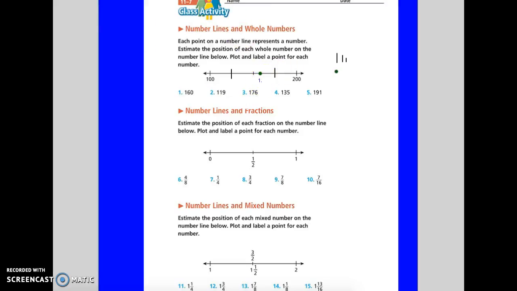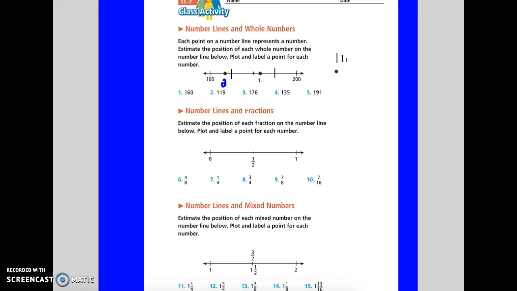All right, so I labeled number 1. And now we're going to try to do number 2, 119. So I think to myself, okay, if this is 100 and this is 125, I know it's less than 125, but more than 100. So let's say it's probably right about here. We'll label that one number 2. I can just write it out, I think. All right. And then we'll go to the next one,